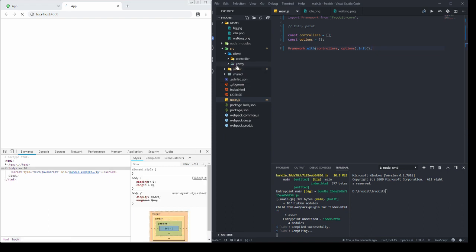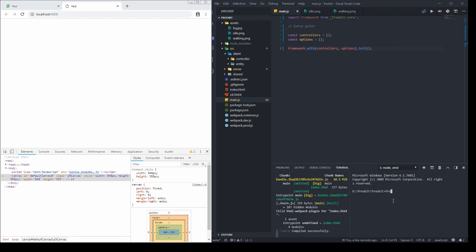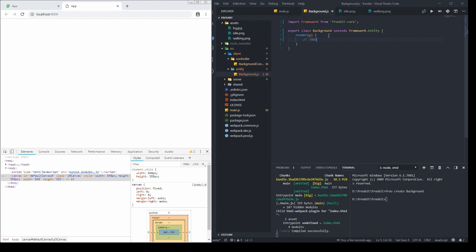We're not going to create background entity and controller manually. We're going to use Froo tool. So you basically say Froo create background, and our entity and controller are created. So here we have everything ready. Basically, we can start using P5.js functionalities. So I will just create a dark gray background, and